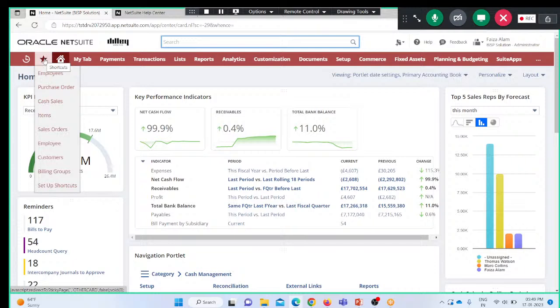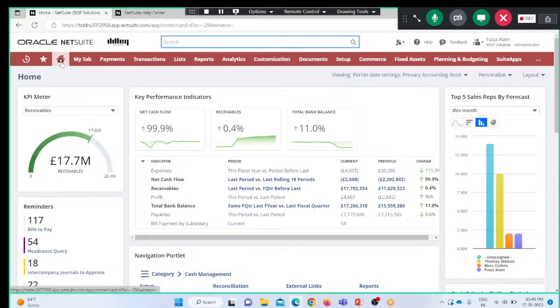Then we have the option of this shortcut. You can see that this is also another way of reaching any of the records that we want to. Then currently we are on the home dashboard here, and we can also set the required preferences here with the help of this option. So if I get into this set preferences,